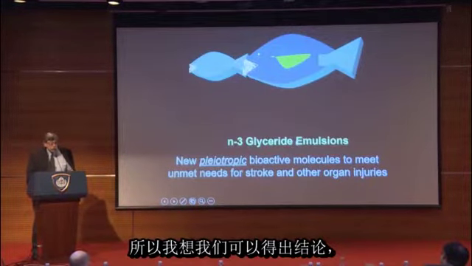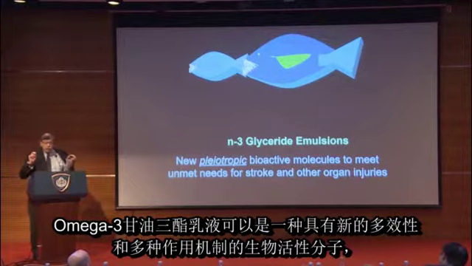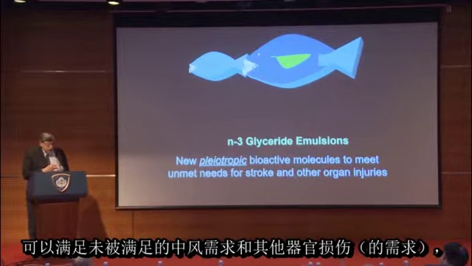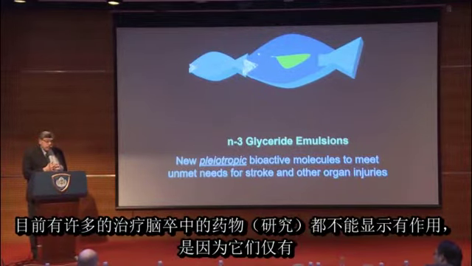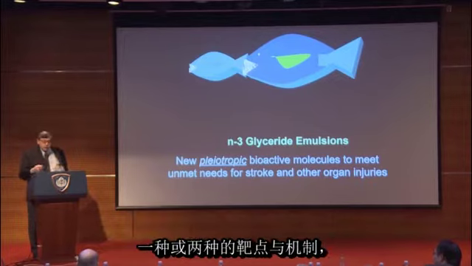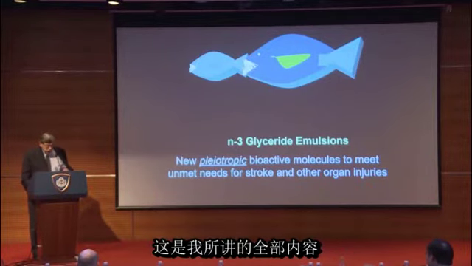So I think we can conclude that omega-3 glyceride emulsions could be new pleiotropic, multiple-mechanism bioactive molecules to meet unmet needs for stroke and other organ injuries. We're very excited about the work. We think that the reason that so many other stroke agents that have been tried in animals haven't worked is they only target one or two mechanisms. The omega-3 target at least 9 mechanisms that we're aware of so far, most of them in mitochondria. And with that,